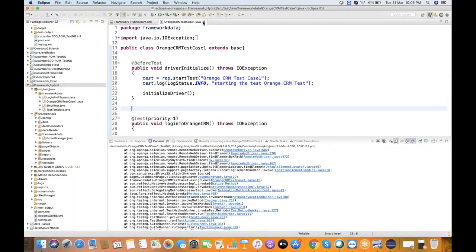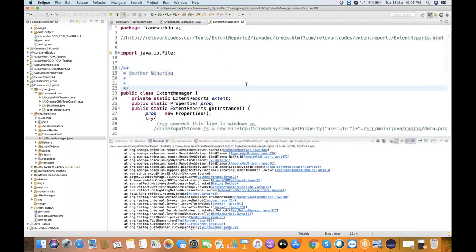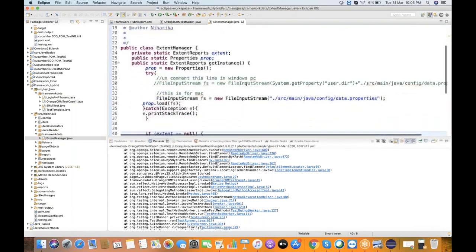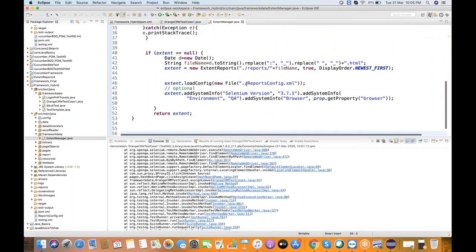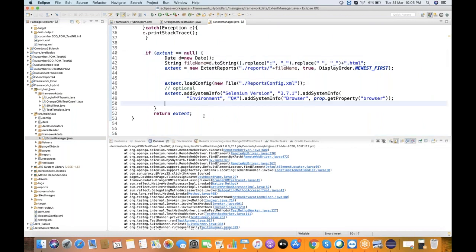Yeah, I'll show you how to do that, how to reuse from there, and what this Extent Manager is. I'll discuss those things for sure. This Extent Manager, I reuse it from their website. Everyone does that, because the person who developed this tool made it available for how to use it. We don't need to understand it line by line, but I'll explain that part.